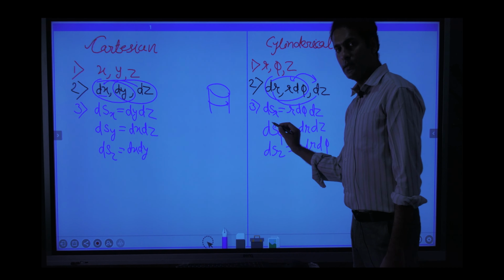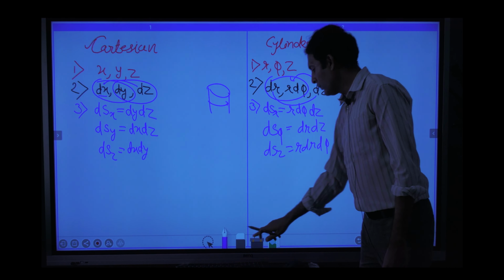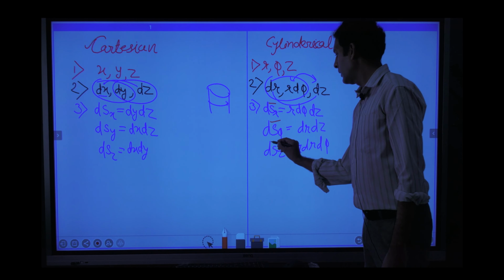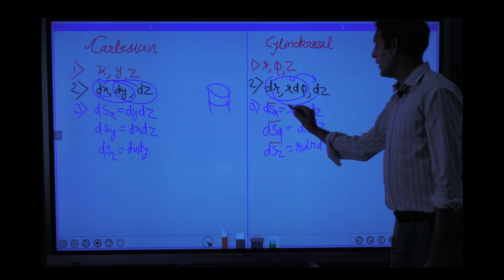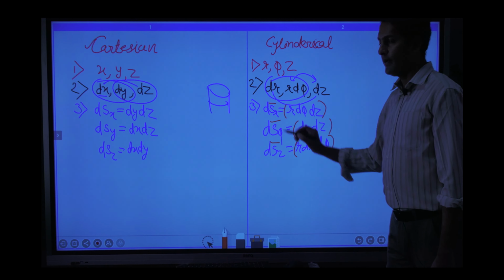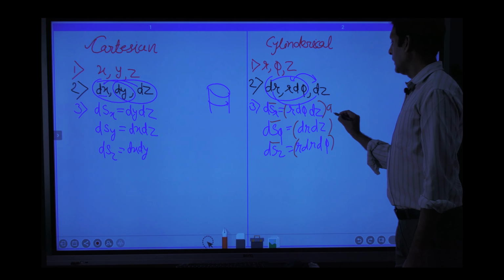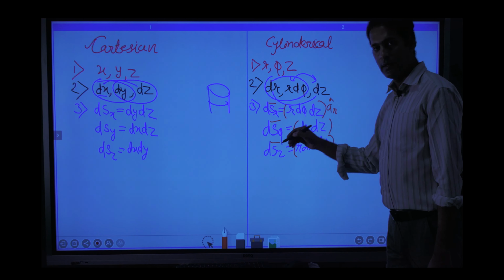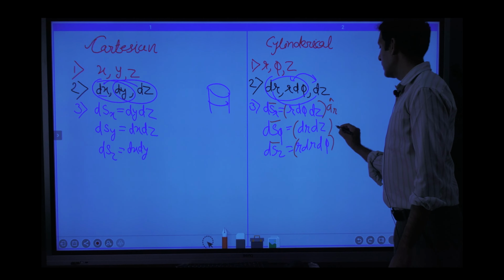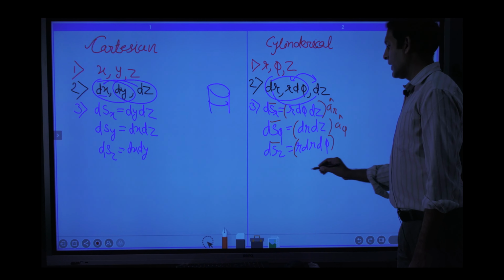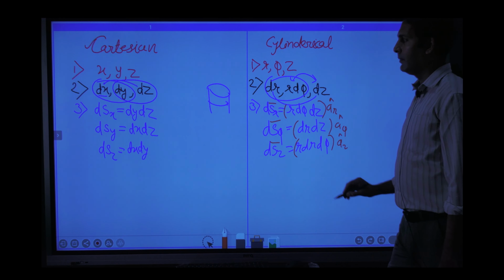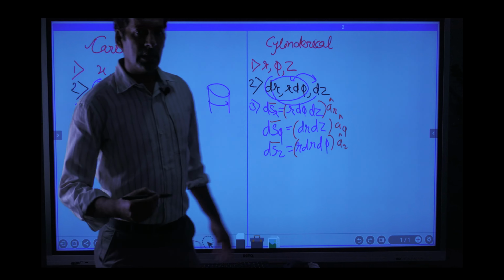If you want to write it in vector form, we will put a bar on the head of this ds component, and we have to add the direction component along with them. So what will be the direction for dsr? It will be ar cap. This again we will see in the 3D diagram. dr dz will have, this is phi constant, so direction is towards a phi cap. For dsz, direction is towards az cap. So these are differential surfaces.